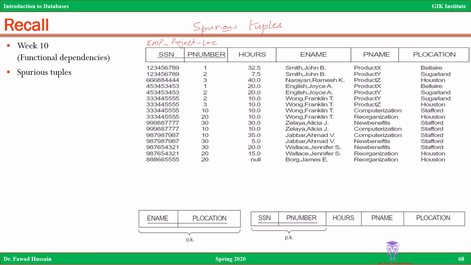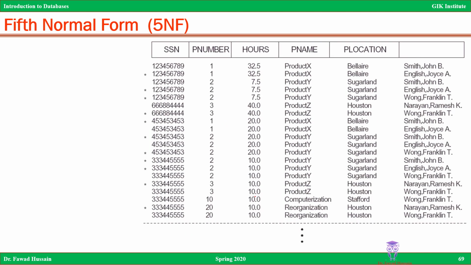If we divide this table, we looked at this example previously in a lot more detail. If you divide this table into two parts, since this thing is being repeated, you have the employee name. John Smith is working on product X and John Smith is working on product Y, and so you separate that, the employee name and the project location, and then you have the social security number, the project, and all this here. If you divide this into two, we saw in that example that once you recombine them